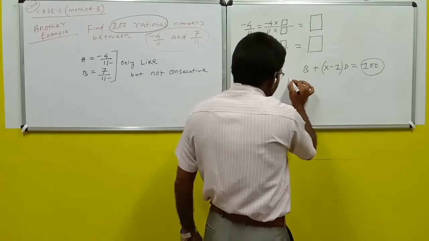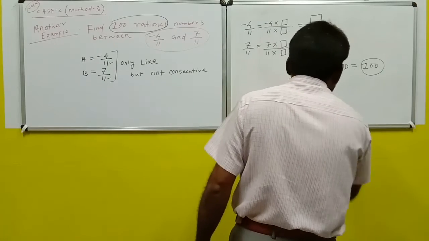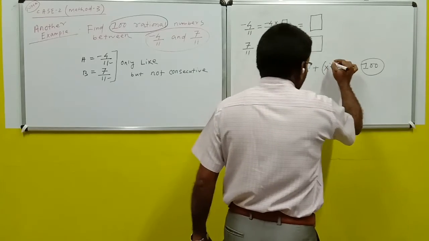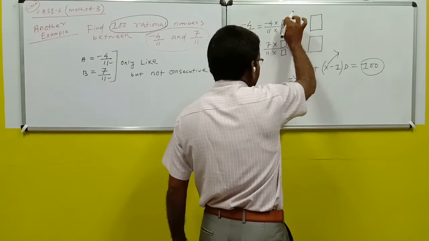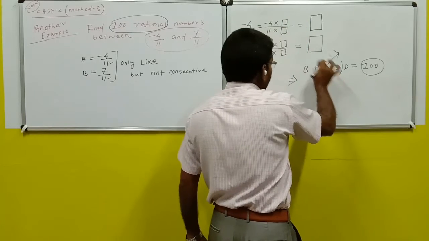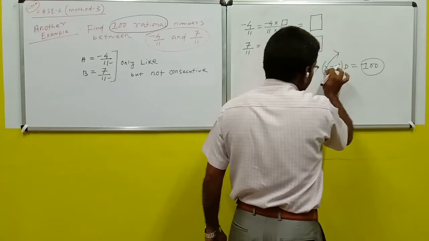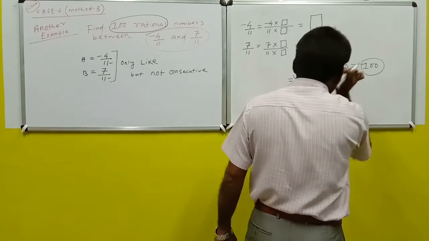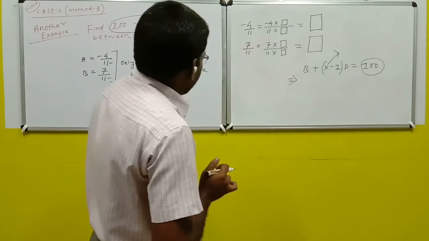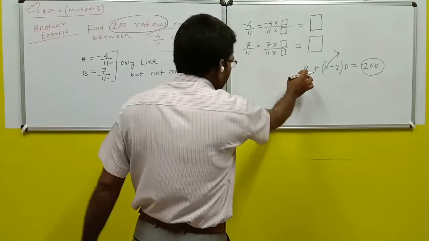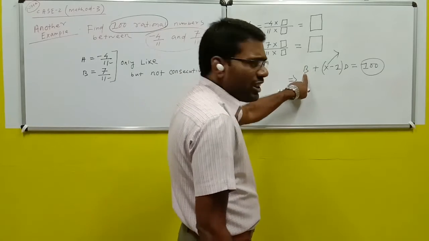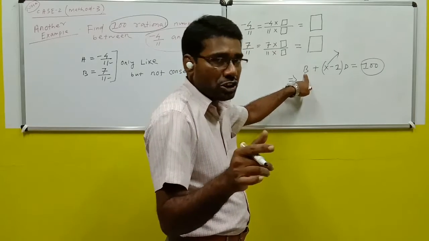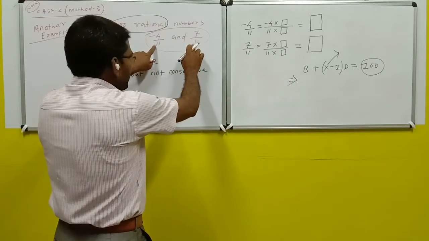Now put the value of b and the value of d. x is unknown because you have to find the value of x, and the value of x will be that suitable number. Yes, this suitable number indicates x. So it is unknown. You only have to put the value of b and the value of d. Now, the value of b. What does b indicate? b indicates the rational numbers that already exist between these two given rational numbers.